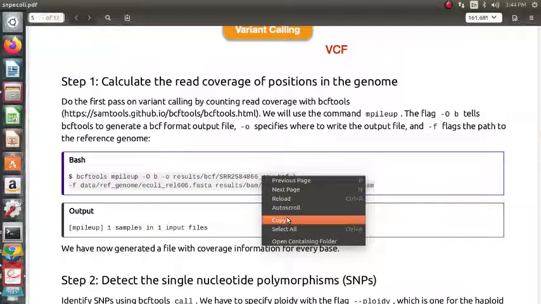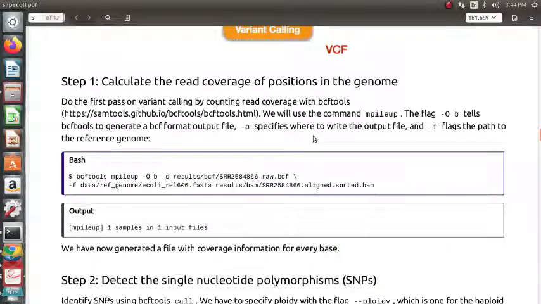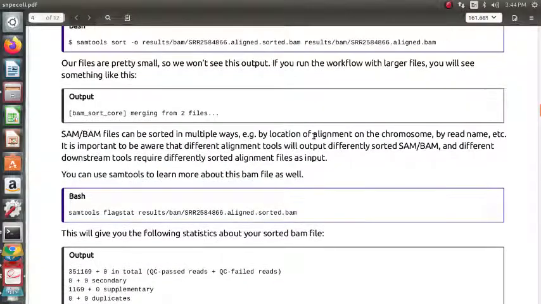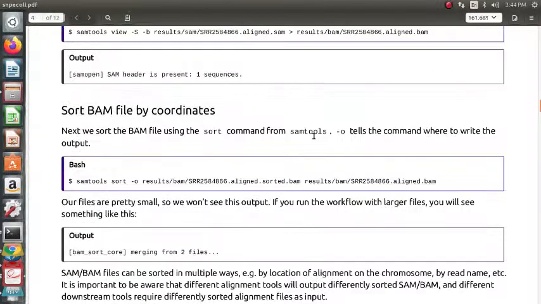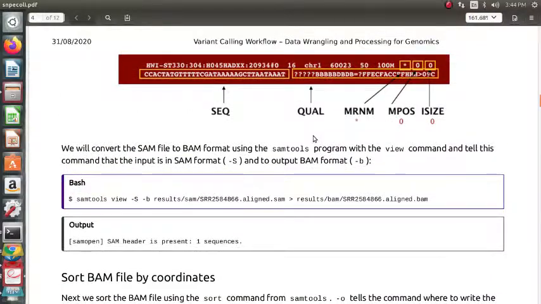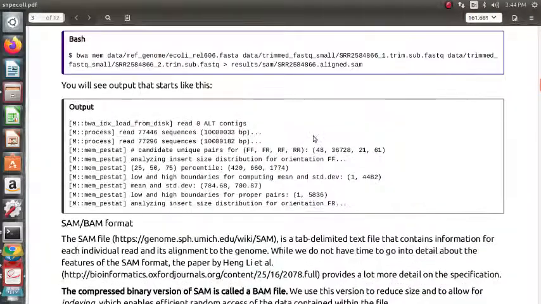Calculate the read. So where is it? Step 1. Before step 1, is anything essential? Nothing is essential, right? Sorted.bam, and then align.bam, and then align.bam samples view, and this is also fine.